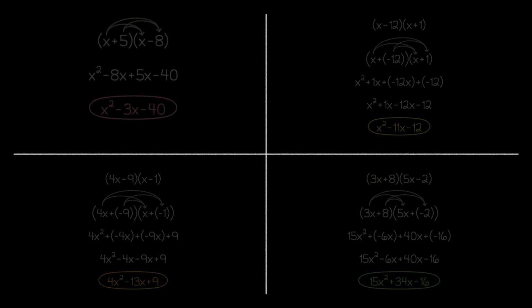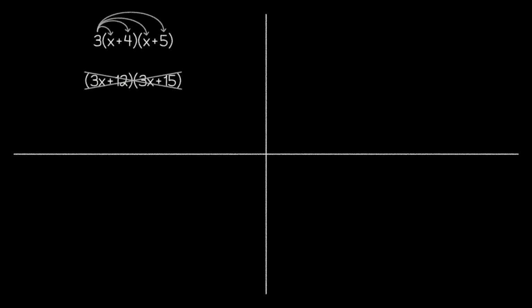One aspect of the factored form that we haven't explored yet is when we have a constant factor separate from our two linear factors. So let's try a problem that's set up that way. A common temptation here is to distribute the 3 to all of the other terms, which would look like this. This is incorrect, however, and we can see why by taking a closer look at the overall structure of this